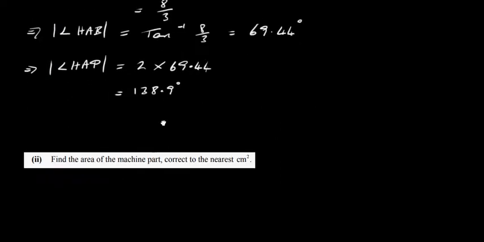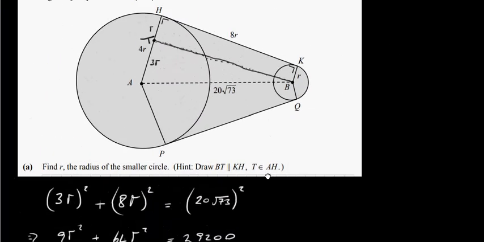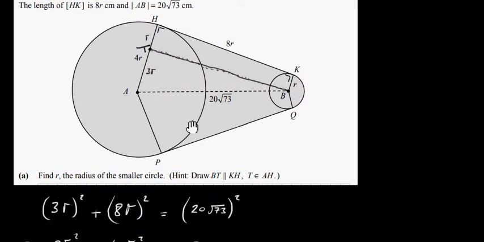I think it's the last part of the question. Find the area of the machine part correct to the nearest centimeters squared. So the area of the machine part. Okay, let me go back up again. This is the machine part here, this blue area here. Remember, I already have the area of this quadrilateral, which we worked out as 8,000 centimeters squared, which means if I double it,